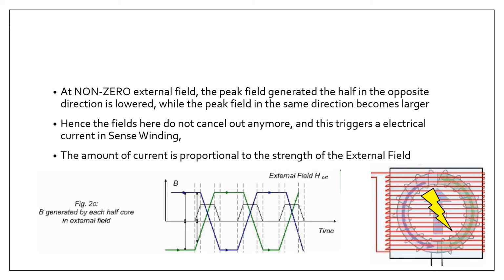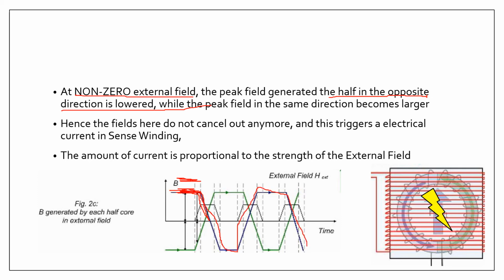However, when there is an external field present, or when you have a non-zero external field, what happens is that the magnetic field generated by the two halves change. The half that is acting opposite of the sensing direction will have a peak that is lower. For example, this blue peak will be lowered. Instead of having a peak at this point, it will peak out at this position,